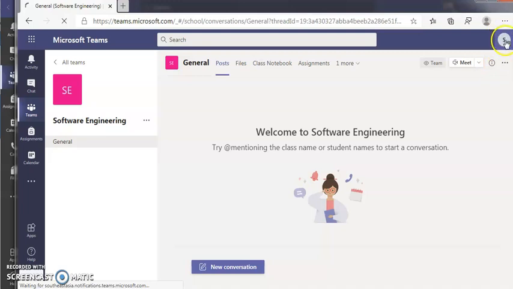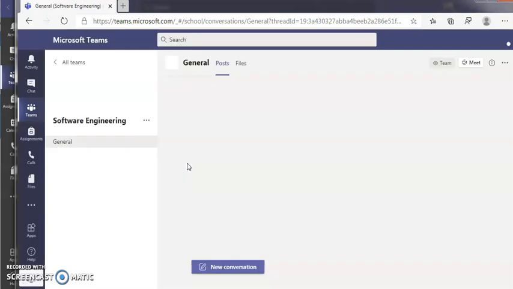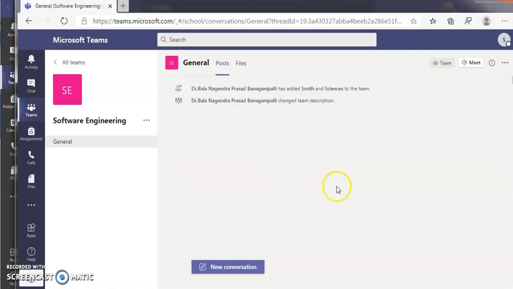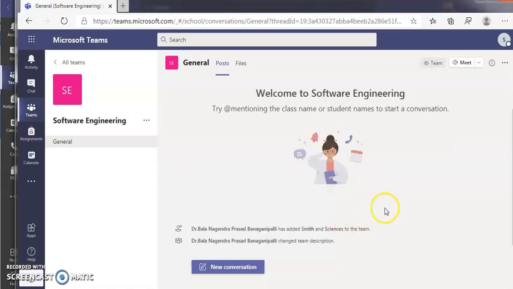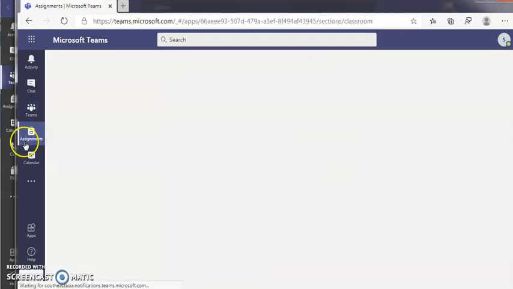So his name is... please wait, it is getting loaded. Let's check assignments.